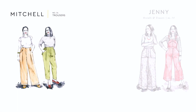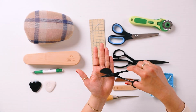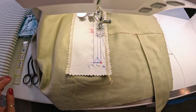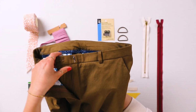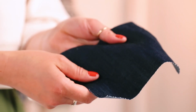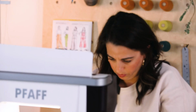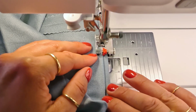Using your choice of 3 included patterns, I'm gonna walk you through sewing a beautiful pair of trousers from start to finish. You'll learn all of our best tips and tricks for making beautiful pants that look like they were made by a professional tailor. I'll help take the fear and intimidation out of the pants making process as we dig into the fundamentals, from understanding bottom weight fabrics to choosing the right inner facings to sewing a complete pair of trousers from first stitch